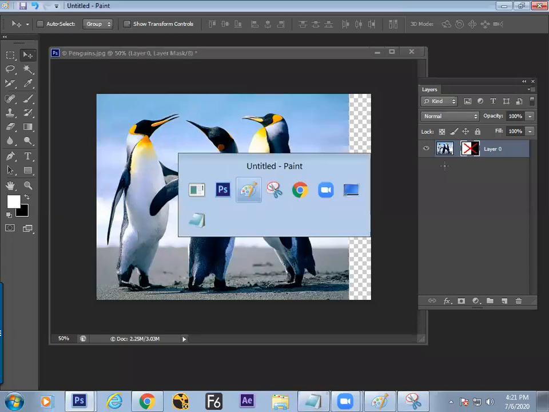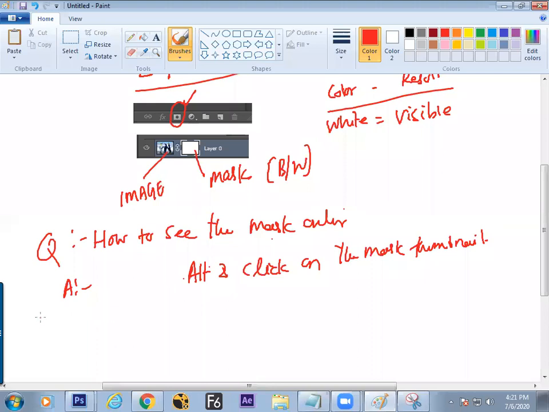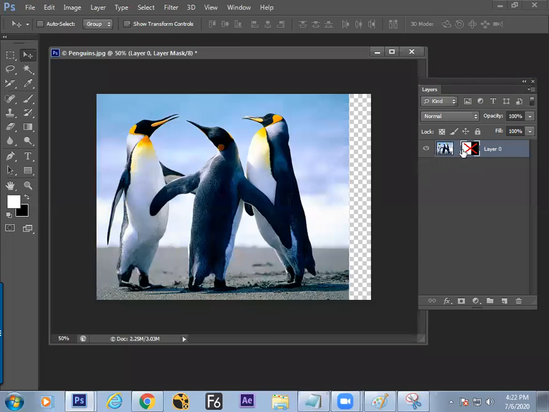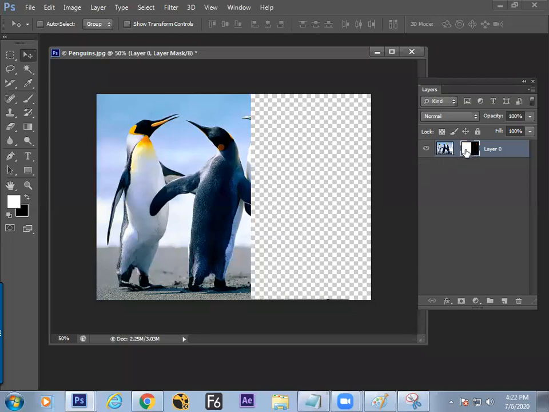What is the next thing we got to know? How to disable the mask and enable. Answer: Shift and click. Just scribbling so that you get time to note it. That's it.